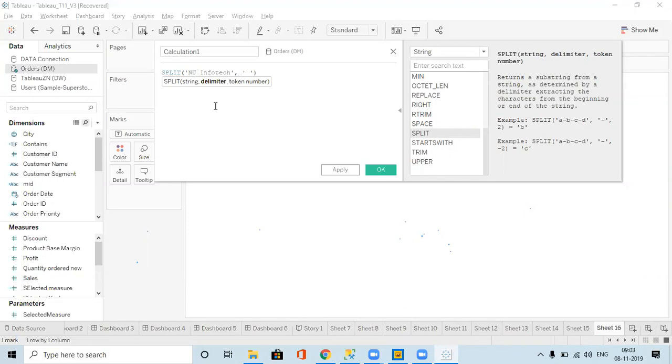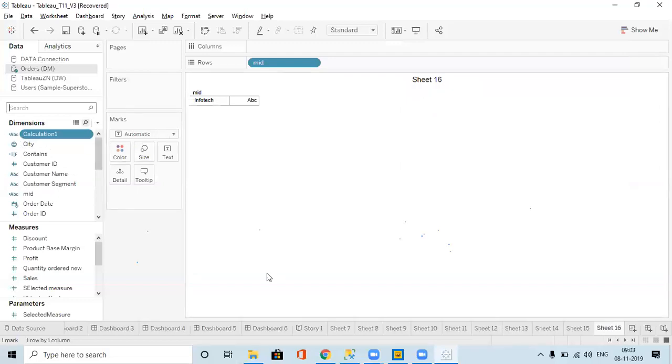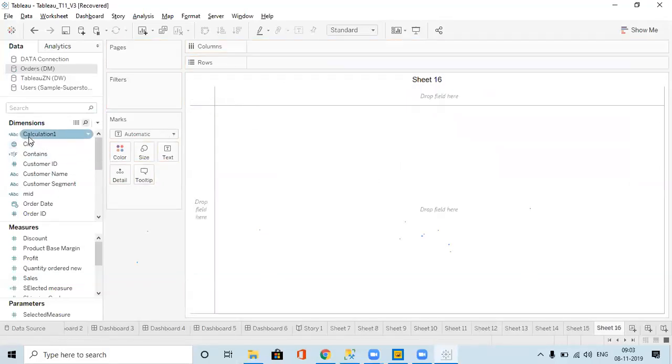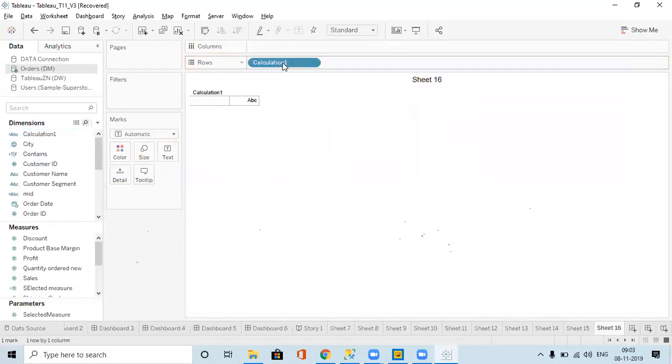So I give a space. I want, from the space, 4 letters, like that I'm saying. So I use this split function.